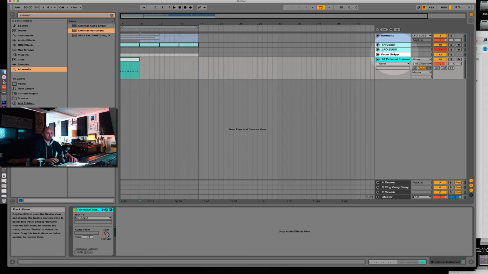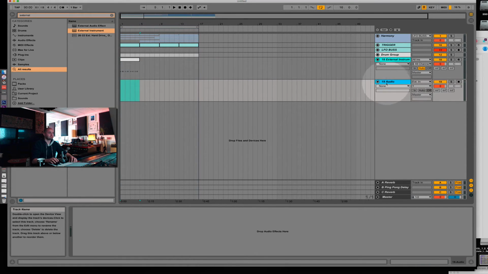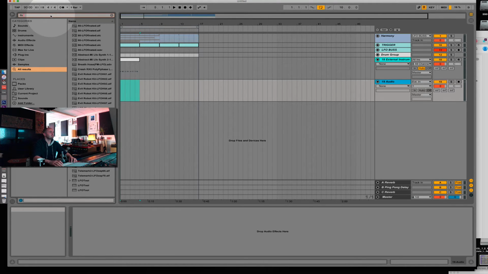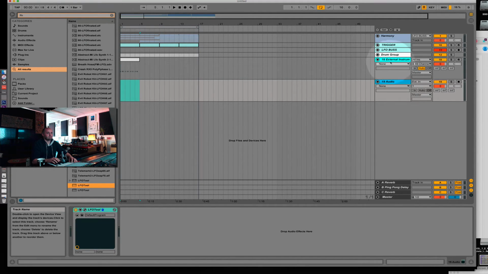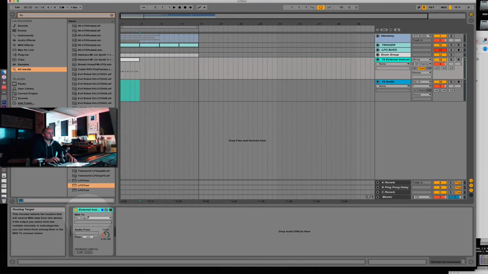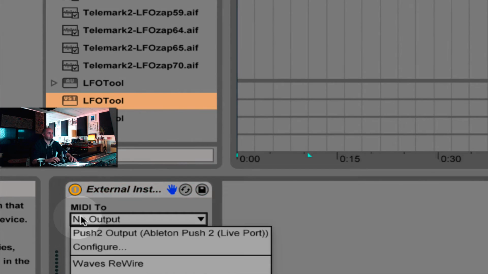And then what we're gonna do is make another LFO bus thing. I'm going to insert another audio track, and I'm going to put the LFO tool there. And then this is what the LFO tool looks like. That's great. And now we're going to tell my external instrument the MIDI needs to go to